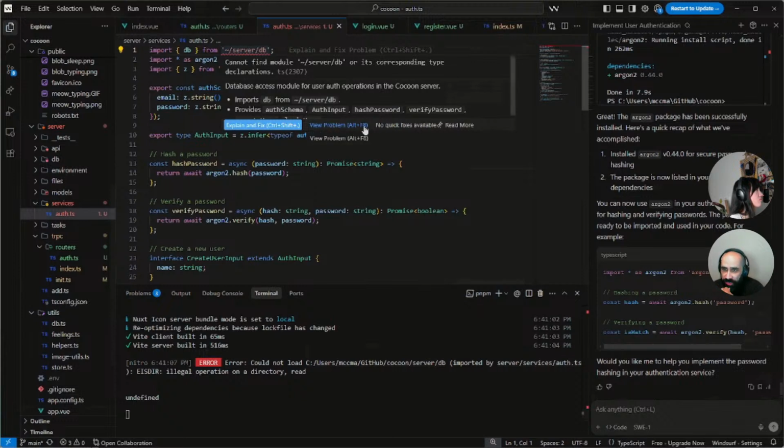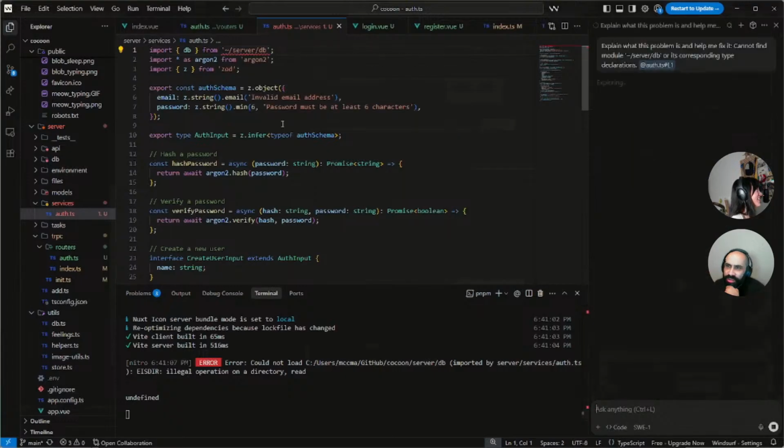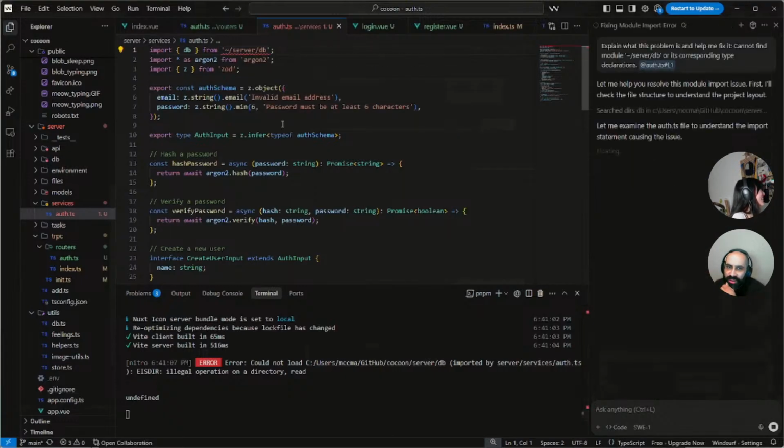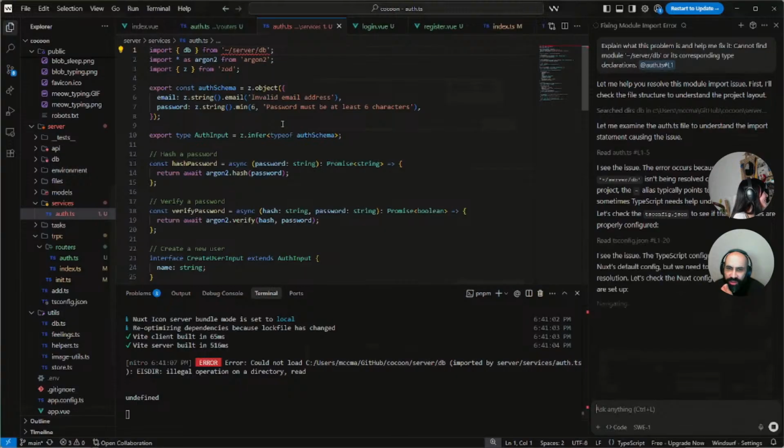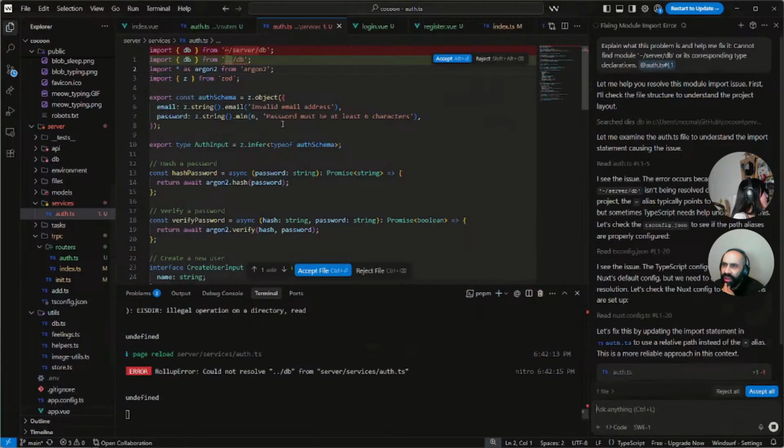Honestly, when I see an explain and fix button, I wouldn't know why I wouldn't click that. Let's go. Yeah, that seems legit.